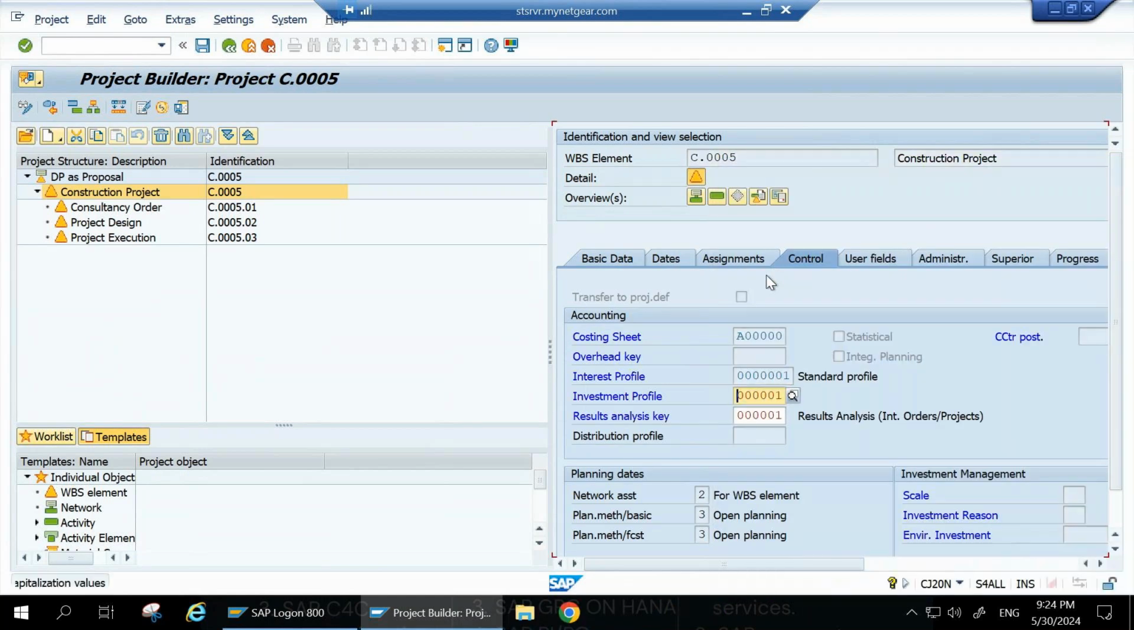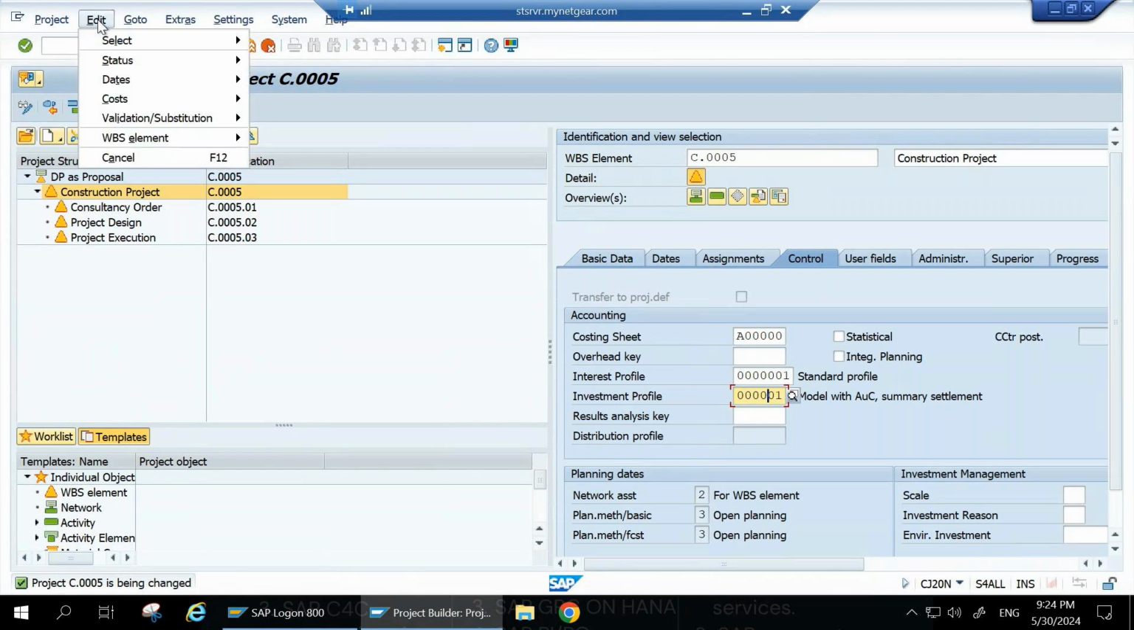Press enter. Result analysis key is not okay. So you cannot have an RA key and an investment profile at the same time in the same WBS element. If it is an RA key, this will become an external project. Let me just save. Once I save this, now let me release it. Once I release,